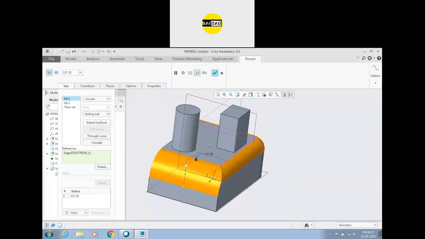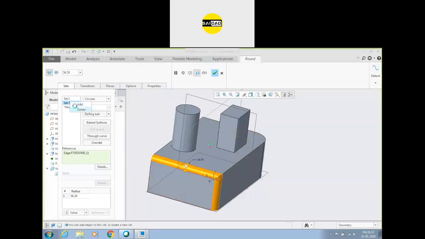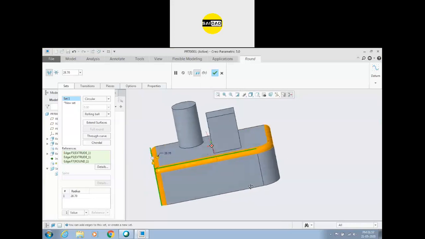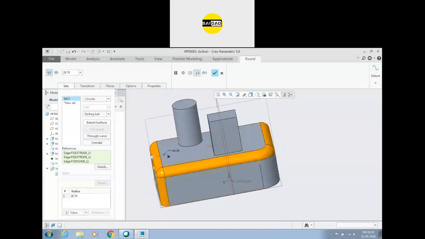So you can create some separate fillet radius rounds, or if you have to create equal radius, you can just press the control button and select the object. Now you will see in set 1 we have two edges. So if we change the size of one edge, the second edge will be changed according to that. Okay. So if you want to create equal radius fillets, just click on the edge, hold the control button, you can just click on the edges like that and you can create the fillet with equal radius like that.